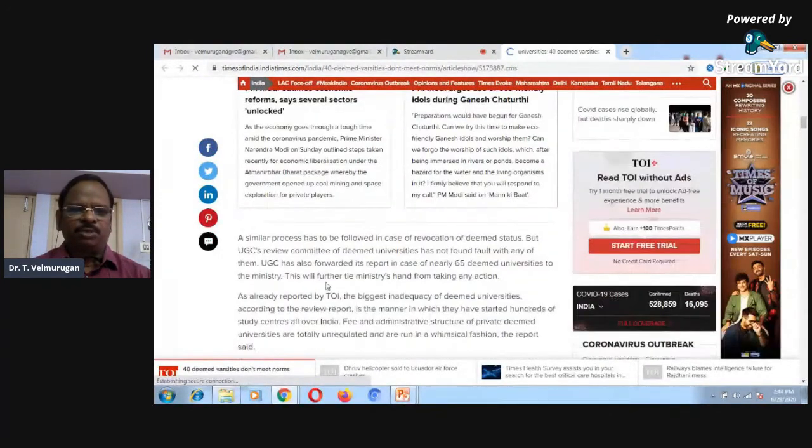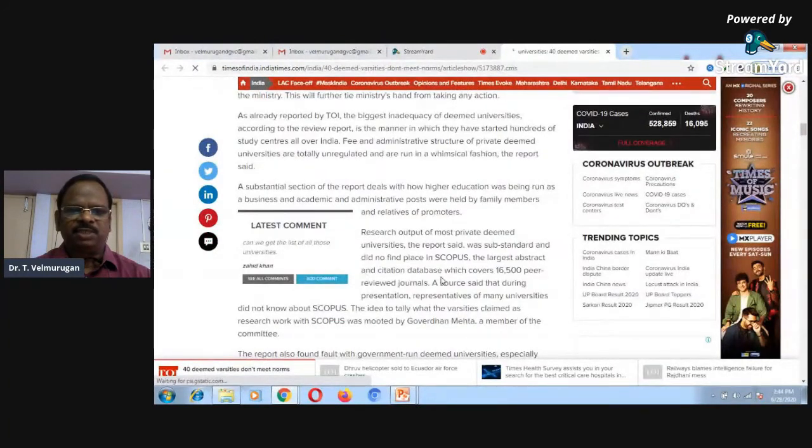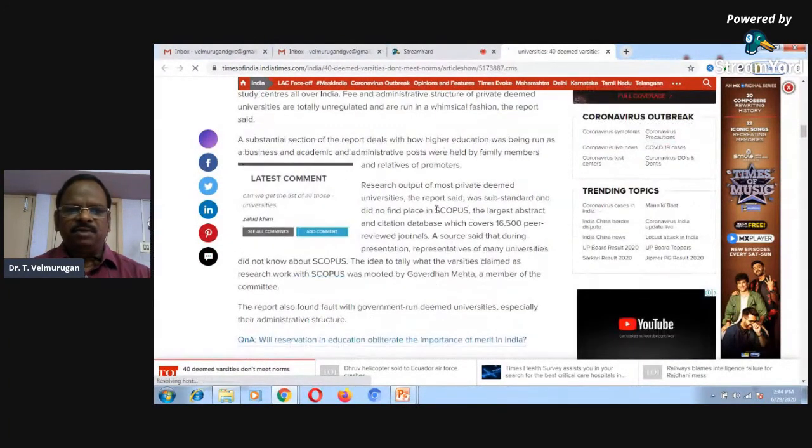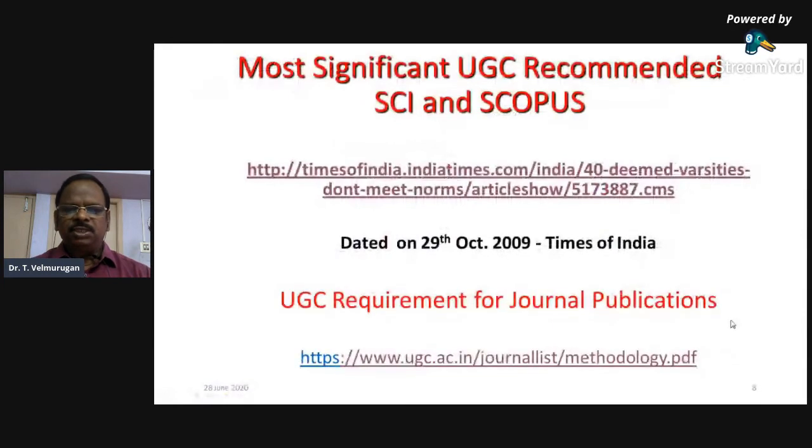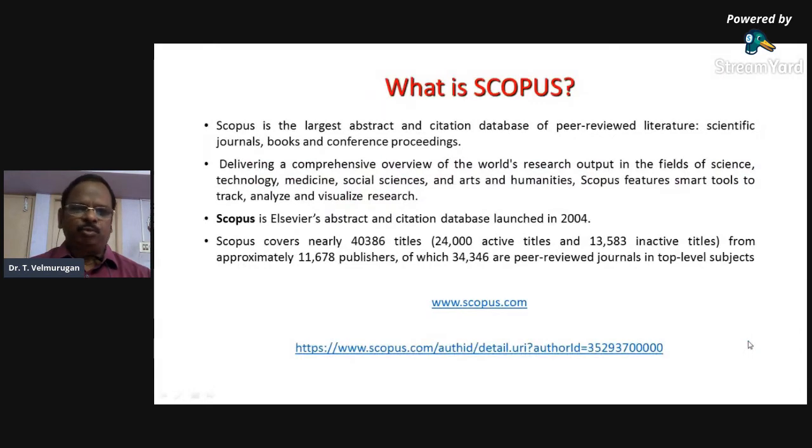What kind of Scopus-indexed journal the UGC requires, and why we require Scopus, is clearly stated. Now, we can browse some UGC list of journals by clicking on these articles. This UGC list of journals is now inactive for maintenance purposes. So we will leave it. And next is, what is Scopus?